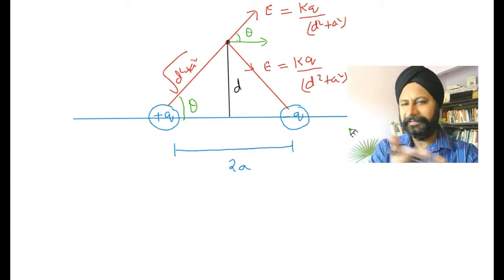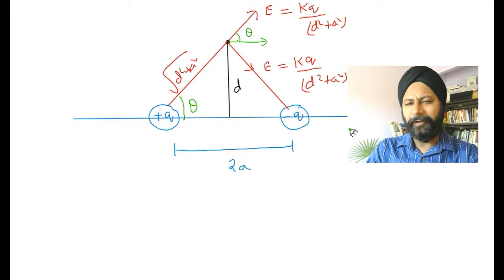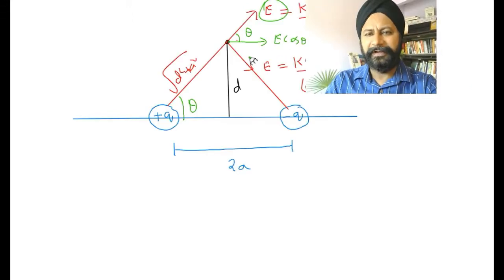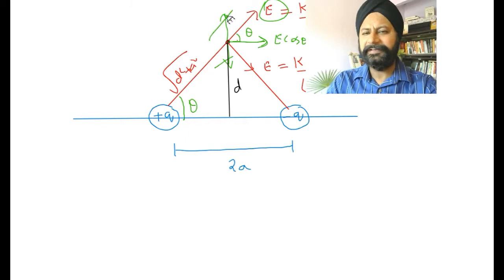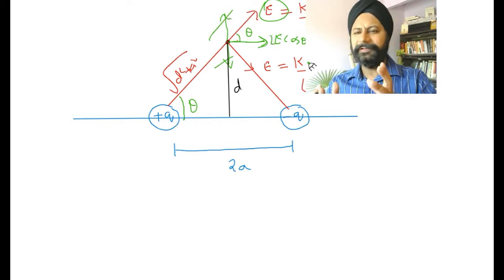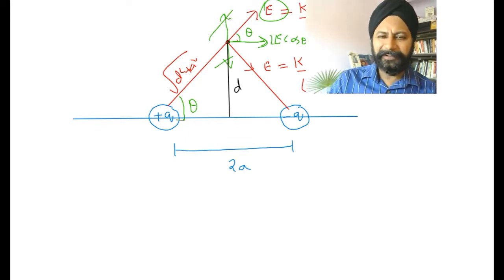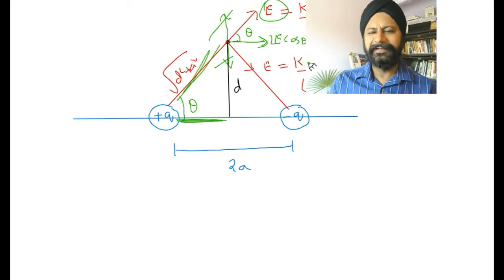थीटा है तो ये भी थीटा हो गया, है ना, दिस इज थीटा, सो दिस कैन बी E cos थीटा, ऊपर वाले की बात कर रहा हूं मैं, इस वाले की, है ना, E cos थीटा और E sin थीटा। अब नीचे वाले का देखो तो वो भी E cos थीटा आएगा, E sin थीटा कट हो गए तो 2E cos थीटा आ गया। अब cos थीटा क्या है, cos थीटा इज बेस डिवाइडेड बाय दिस,